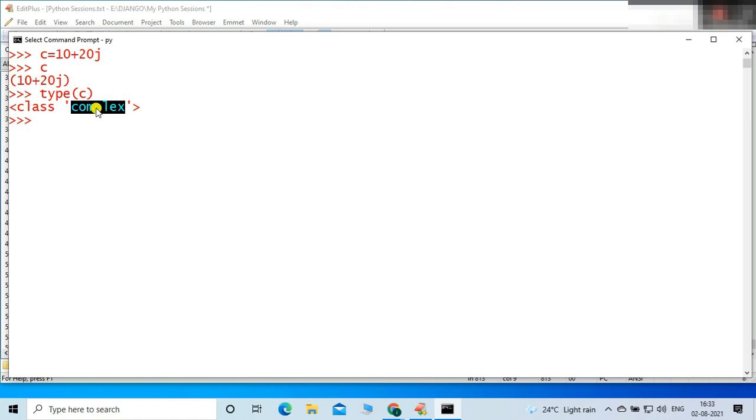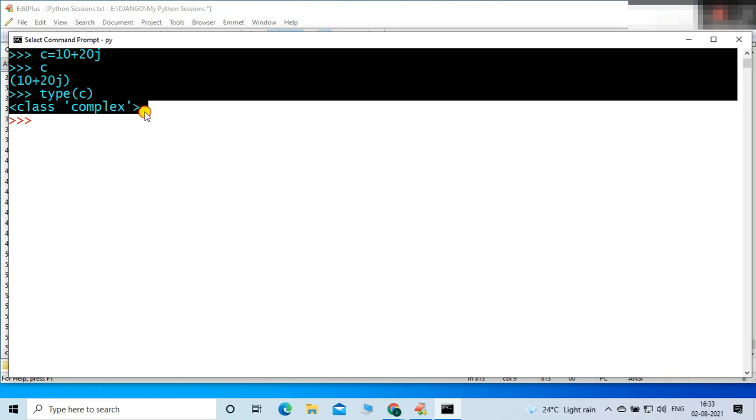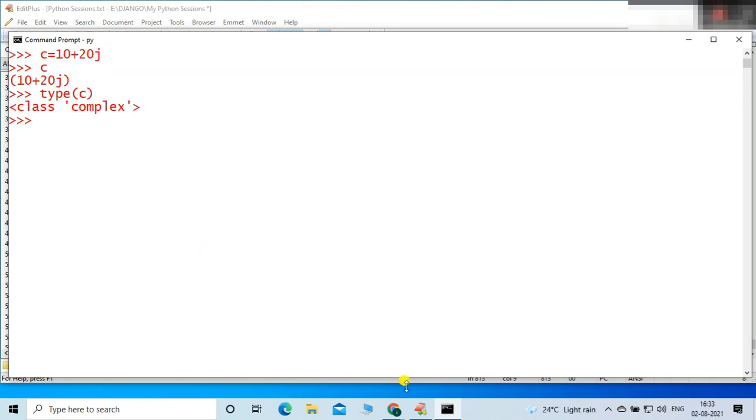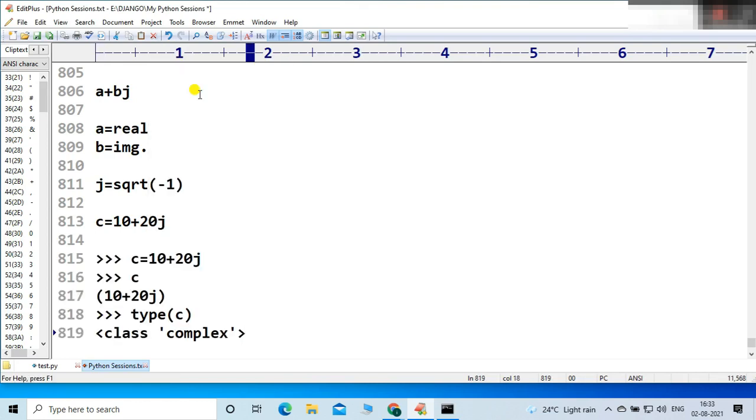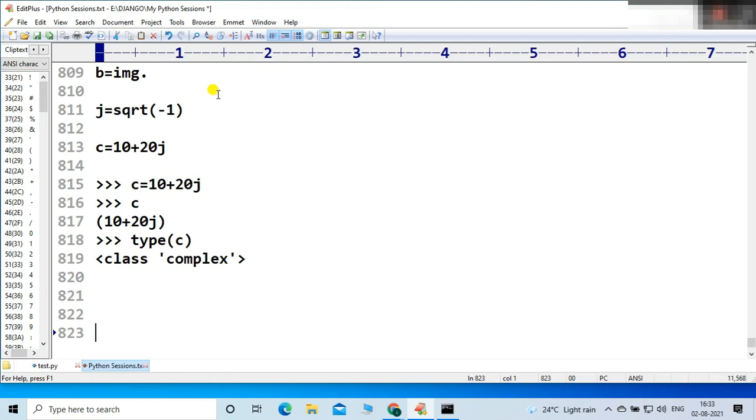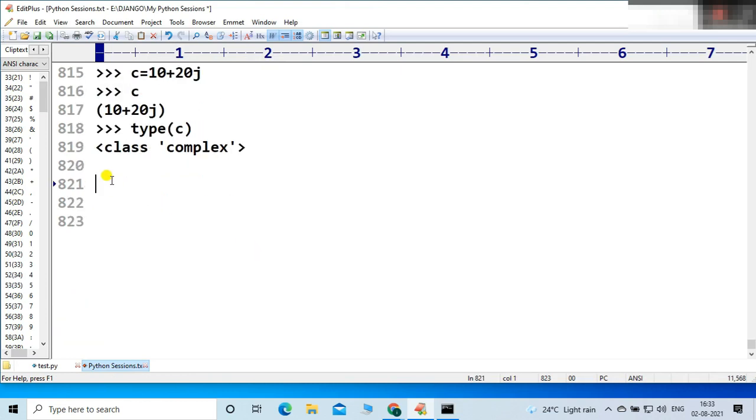Okay, friends, listen carefully. One thing I need to clear. Let me paste this result and let me discuss further things, so that there will be no confusion. Let me clear something related to the complex data type. In a complex data type, two parts are there. The first one is a real part, the second one is an imaginary part.